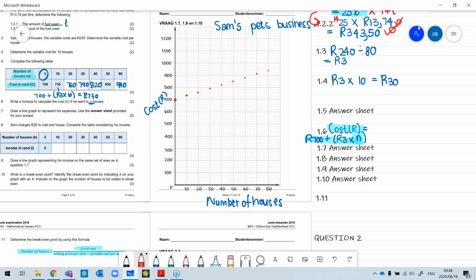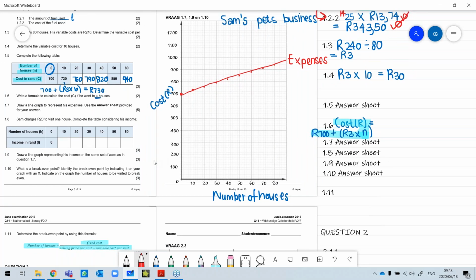Now what we do is we take a ruler. Unfortunately, I do not have one, but we take a ruler, we connect all the dots, and extremely important, we label our graph. So this is then our expenses. We label the graph that we've just sketched. Okay, now we continue with question